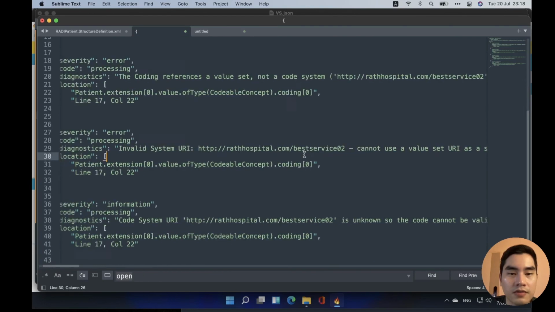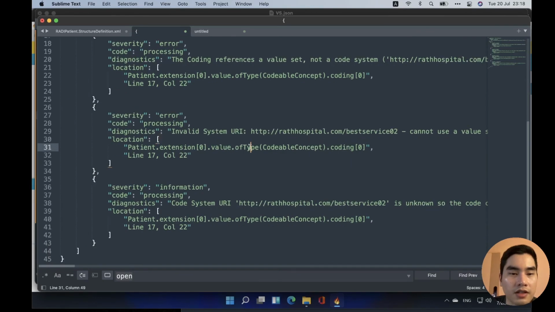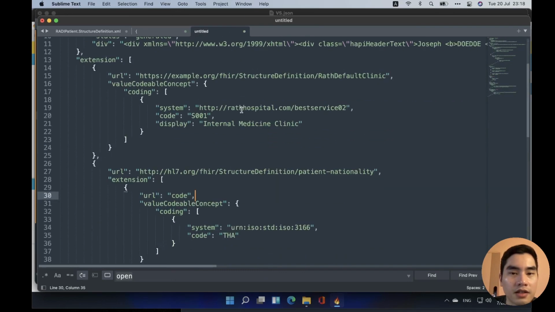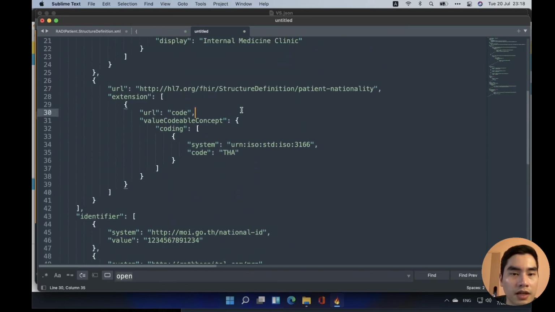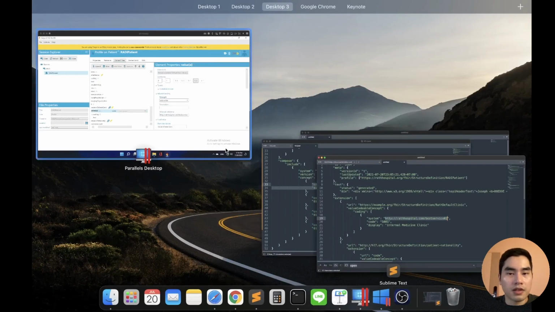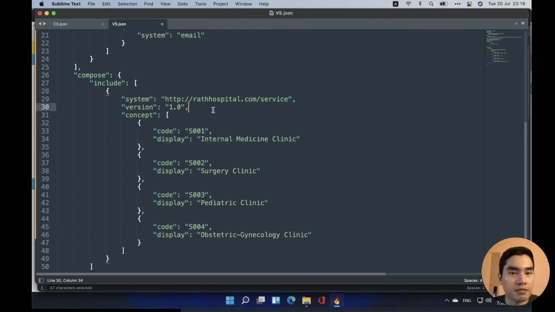So it cannot use a value set. Okay, I think this one has a problem. Okay. So value set, this is system.